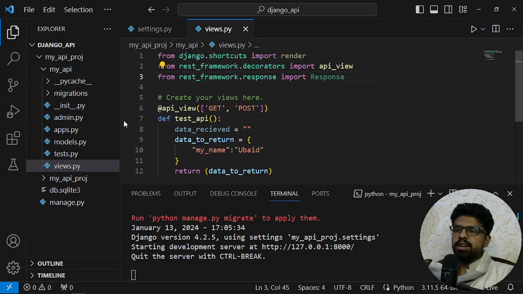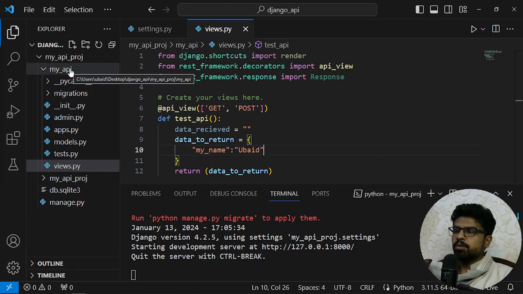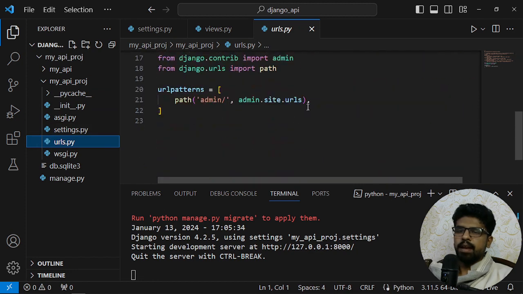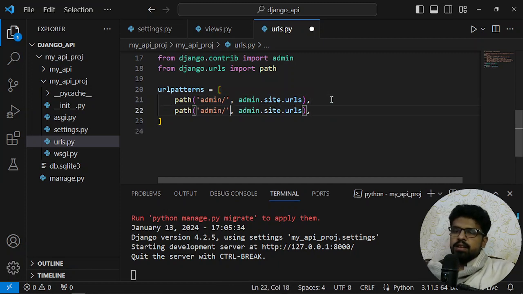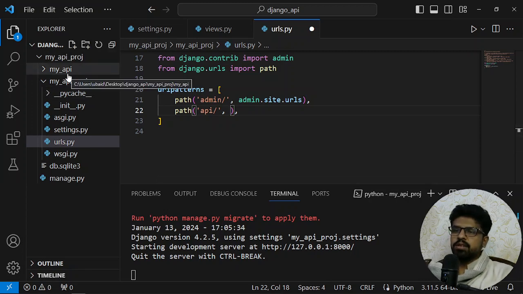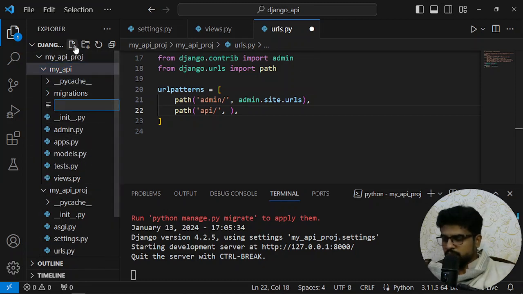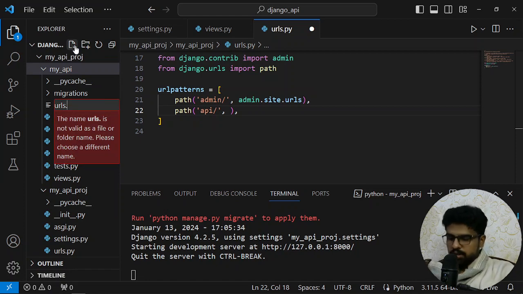But we haven't defined any URLs for that. How can a user access this API now? The main thing is this. Let's go to the project urls.py and define a new path, which will be anything which comes from API will go to my API URLs, right? But here there is no file named urls. So let's define one, urls.py,